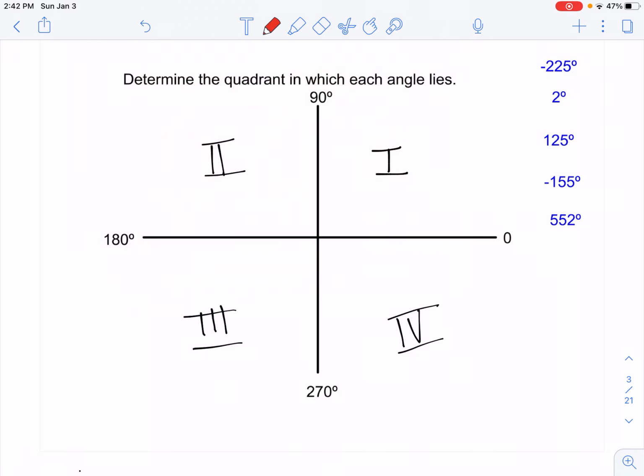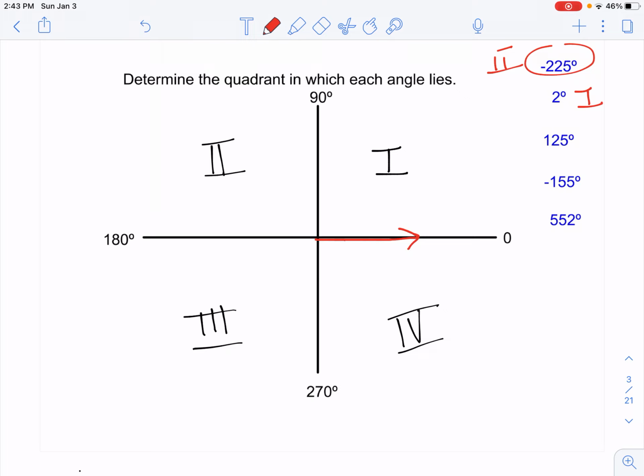So for the first one, negative 225 degrees, I'm going to draw my initial side. There's the initial side, and then it's going to rotate clockwise because it's negative, and 225 would bring us to the second quadrant, and that is our 225-degree angle. So this one is the second quadrant. 2 degrees would be a very small angle in the first quadrant. 125 degrees,